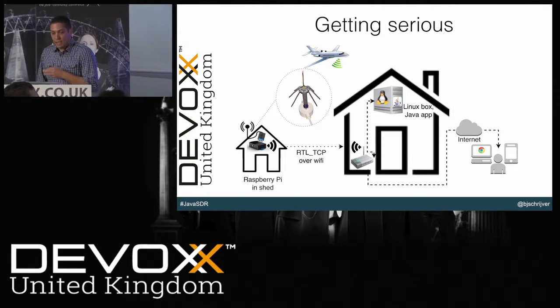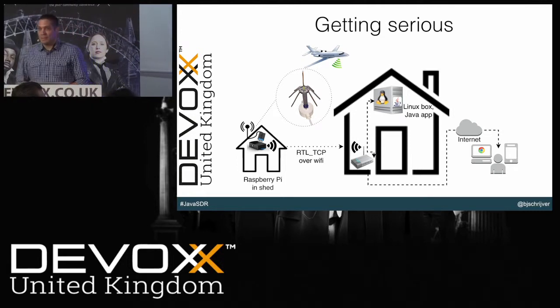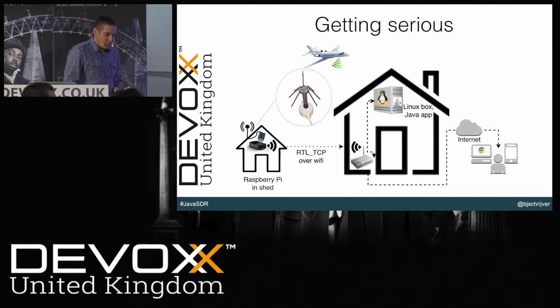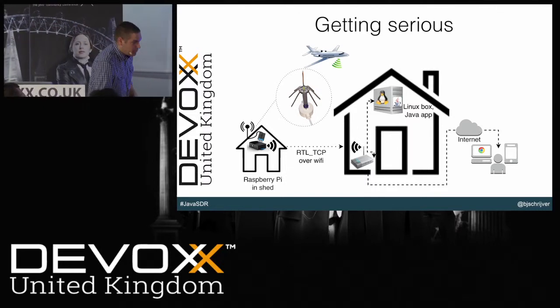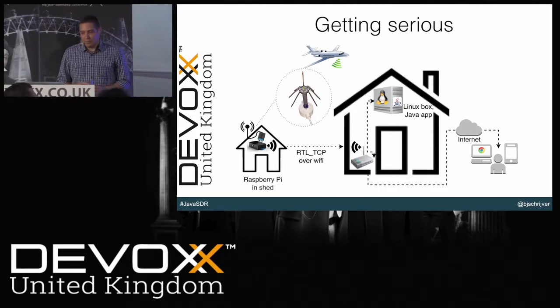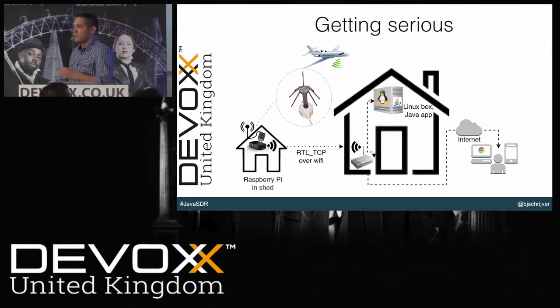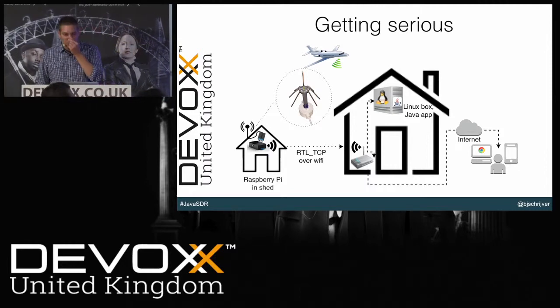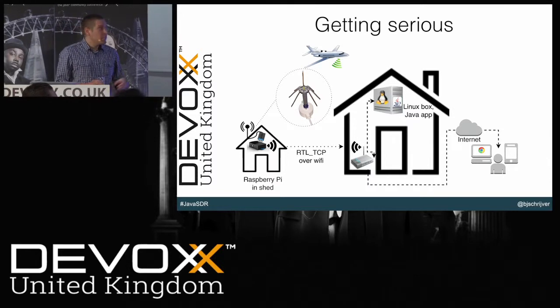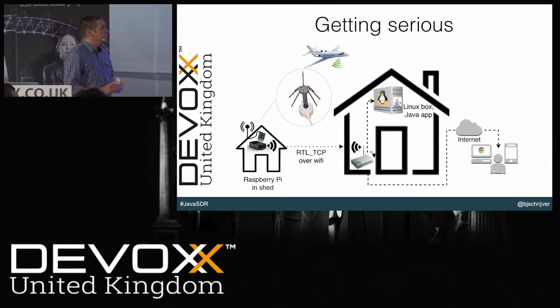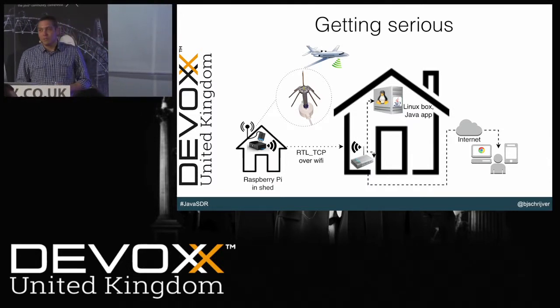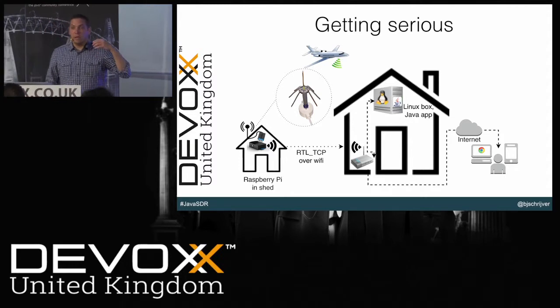I live in a house. I have a small garden with a small shed in the back of it. And I love Raspberry Pis, and I think every project gets cooler the more Raspberry Pis you add into there. So I started by adding one. It's in my shed. Here you can see the home-built ADS-B antenna, and you can also see that I'm not an expert in soldering. But this antenna is on the roof of my shed. It's connected to an RTL SDR stick, which is in the Pi, and the Pi is transmitting over Wi-Fi.